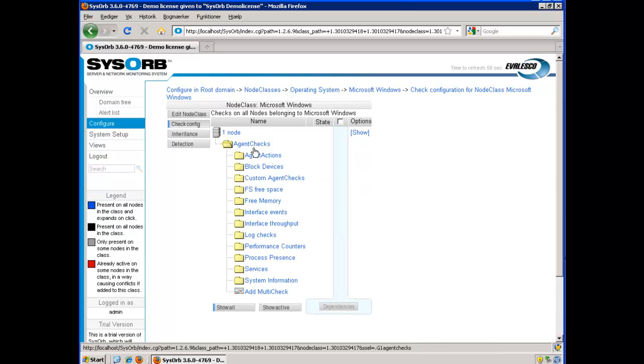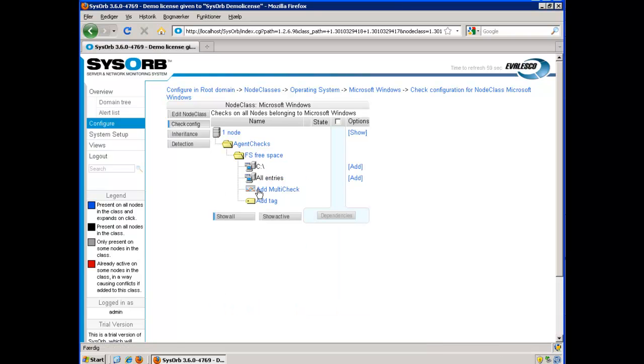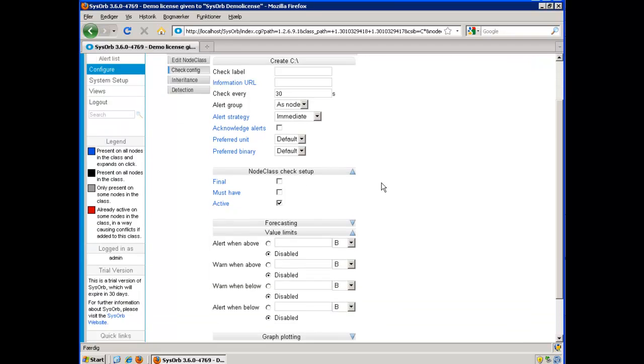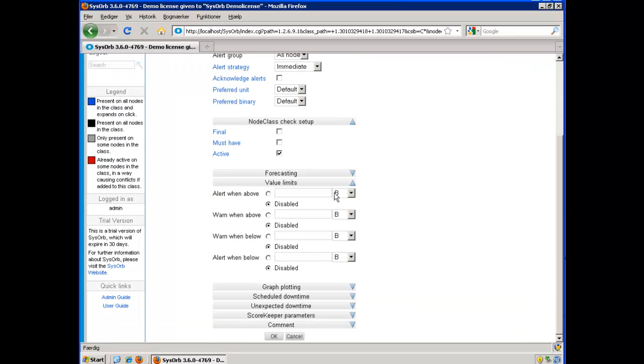Here I see all the checks that the agent can see down on the server. In each folder you will see different checks. Now, as I just want to create a simple template for my Windows server, I think I'll start adding some monitoring of the free disk space. I choose all entries, choose add, and here I can set my threshold,